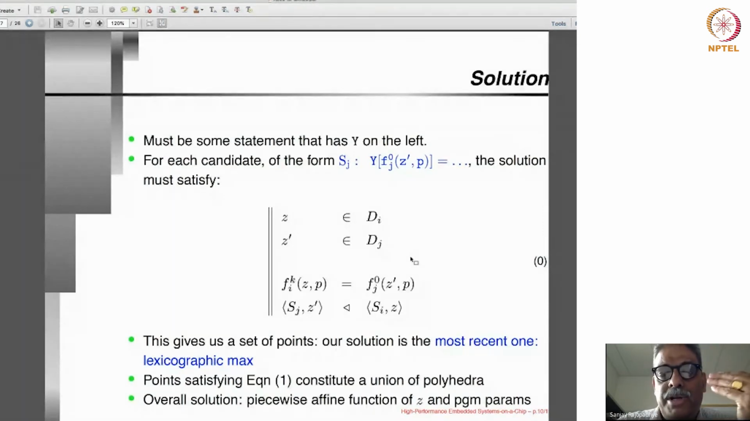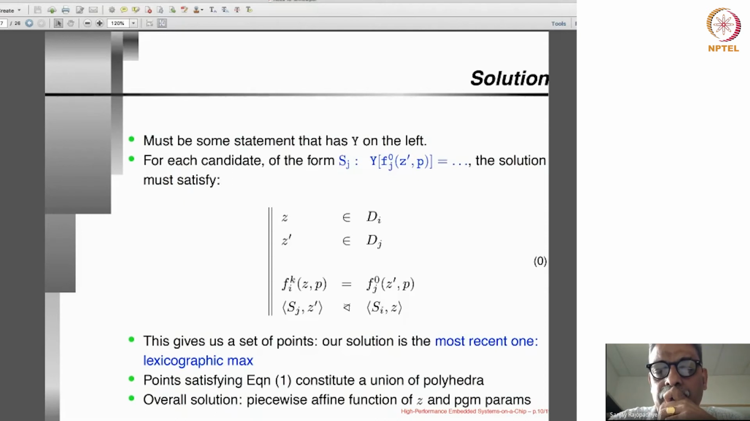The other constraint must be that this candidate statement must be something that was executed before the instance S_i z that I'm considering. Right? So that's this little triangle. It must have been executed prior to statement S_i, or the zth instance of statement S_i in the program execution order. Okay. Now, if you just look at this set of points z, z prime, etc., this gives us a